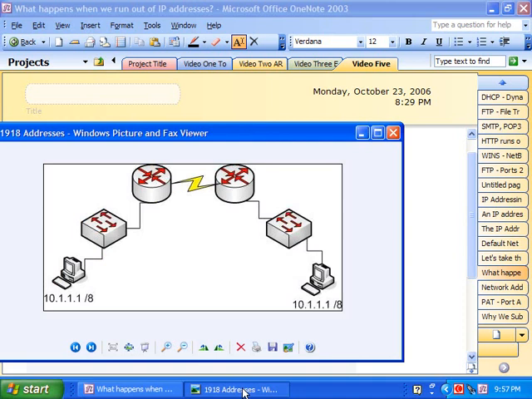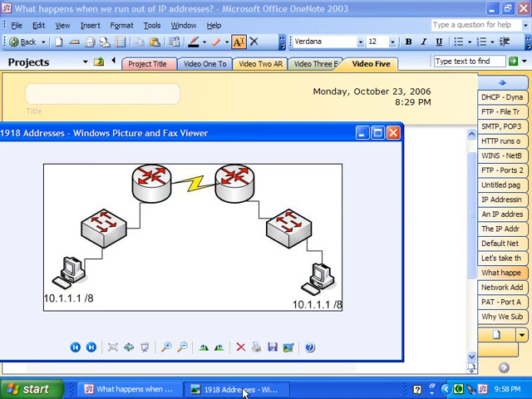That indicates a serial link, by the way, or a wide area network link when you see what looks like a lightning bolt or a jagged line between two routers. That's a wide area network link. So we've got these two hosts, and as long as they don't need internet connectivity, as long as they can do everything they need to do inside their own network, we can reuse the same IP address. And there's no problem because these two devices are never going to talk to each other, and they can't possibly